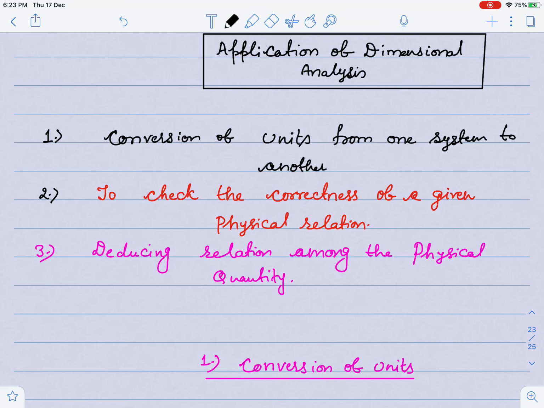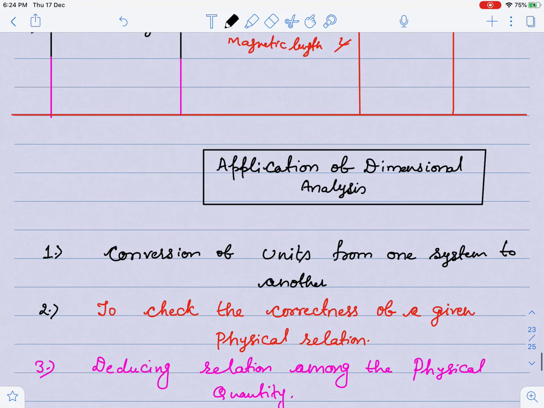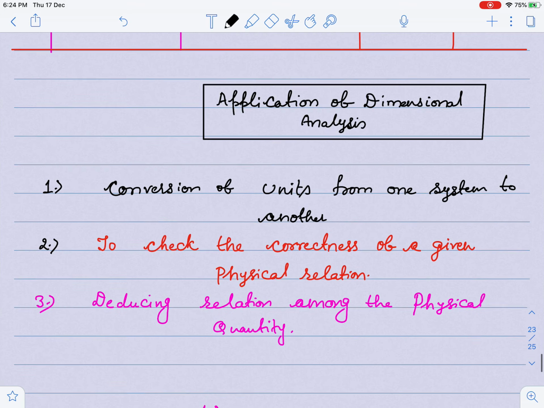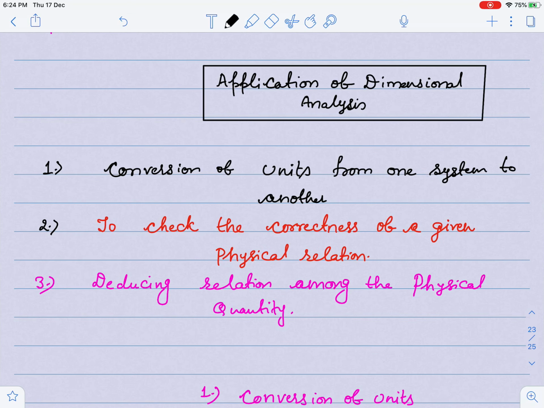So good evening everyone. This is the 8th lecture of Introduction to Physics. In the last 7 lectures we have defined what units and dimensions are, and we have discussed the dimensions of physical quantities. If you have not seen the previous videos, I suggest you watch them first and then come to these things. So why have I spent so much time on units and dimensions?